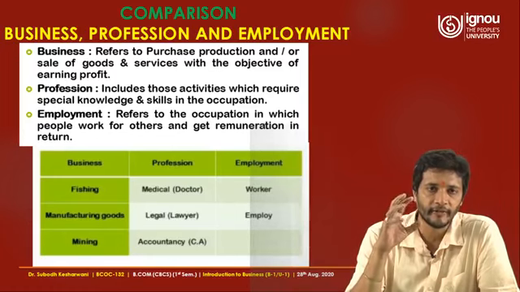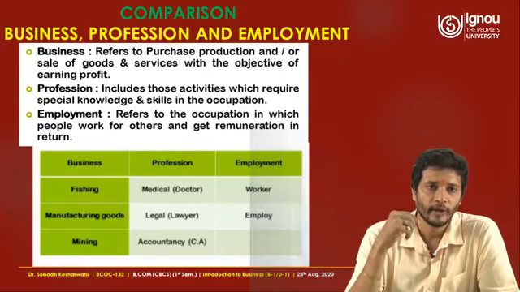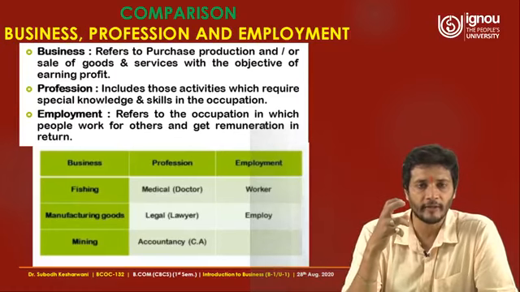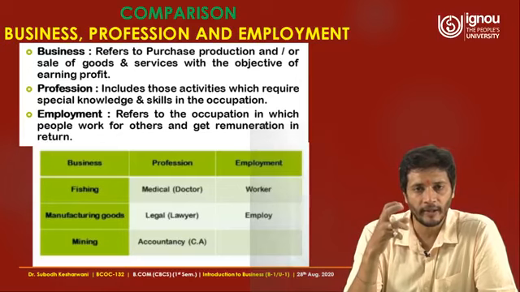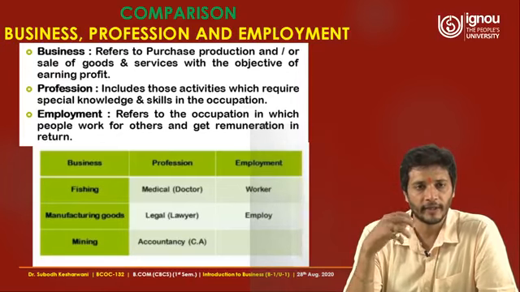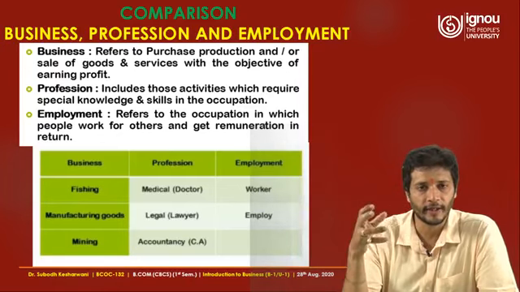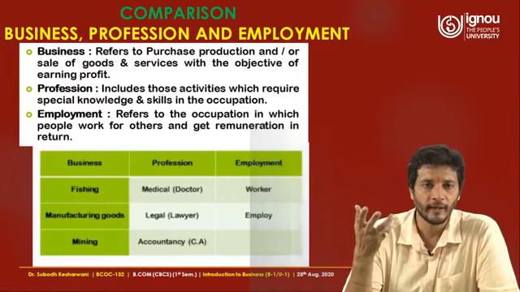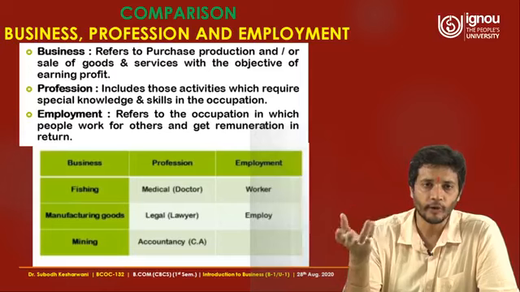Profession includes activity which requires special knowledge and skills in the occupation. And employment refers to the occupation in which people work for others and get remuneration in return. So this is basically a difference. And what we observe is that people start with employment, work as an employee, and after a certain time, 5 years, 10 years, 20 years down the line, when they become expert in a particular domain, they switch over from that,